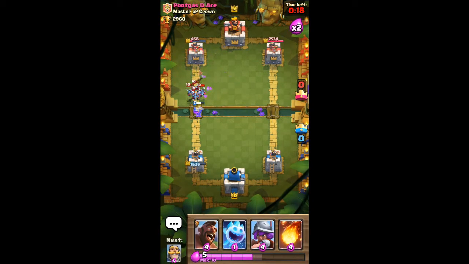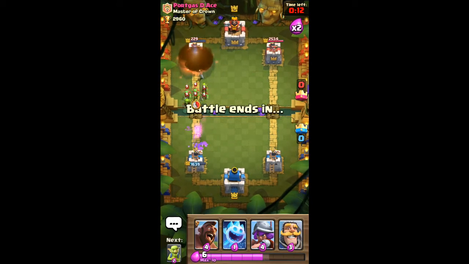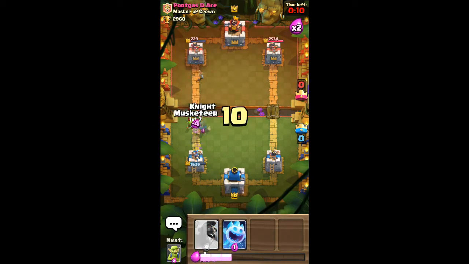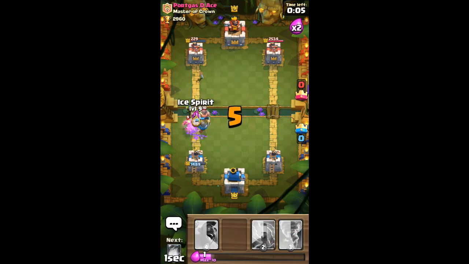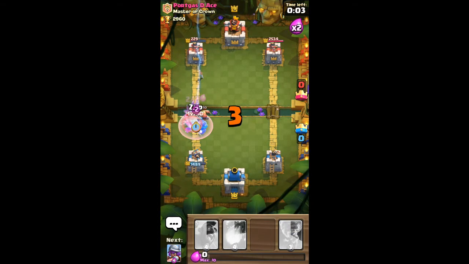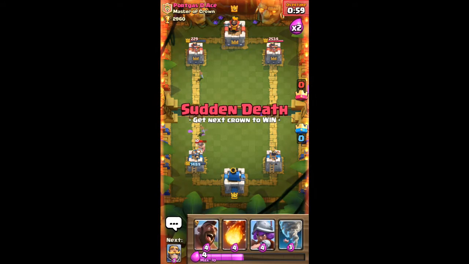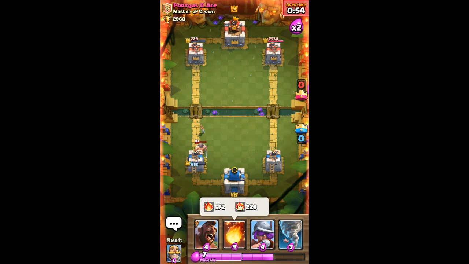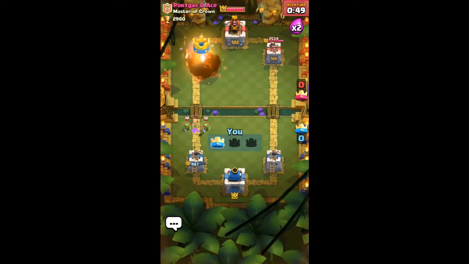Okay, then we have the goblins. Goblins are for the elite barbarian. It defends, and the ice spirit freezes the opponent for, I guess, 1 second or 2 seconds. So yeah, I pretty much talked about almost every card in this deck,